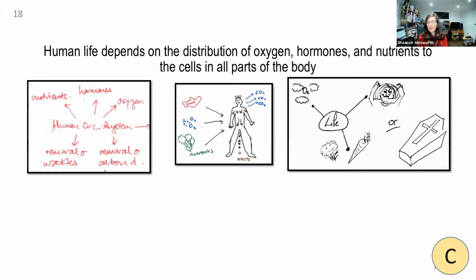But I've spent quite a lot of time in biology, and I've got about 10,000 sketches, drawings, mind maps, tables, graphs, whatever you like, however my learners have interpreted sentences like: Life depends on the distribution of oxygen, hormones, and nutrients to the cells in all parts of our body. And they'll draw me things like this, or they'll draw me quite memorable and cartoon depictions like this, or they'll draw me things like this,